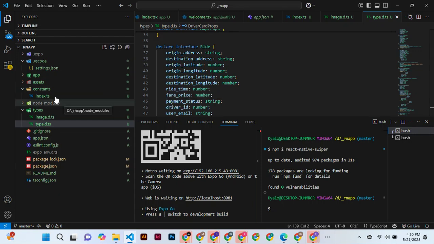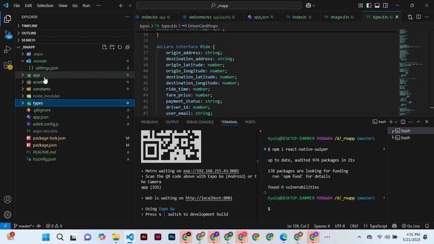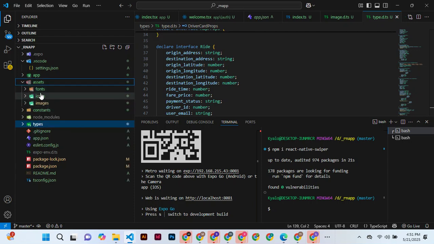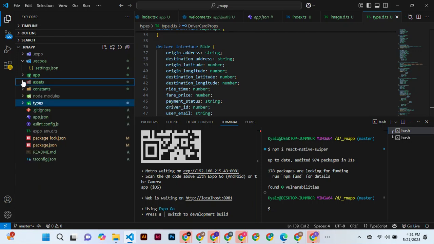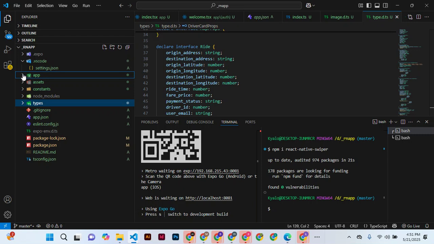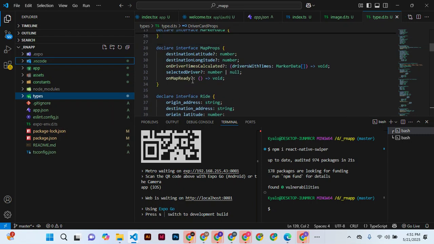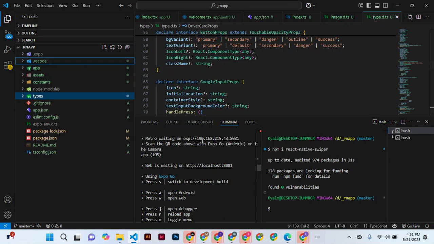Now what we have had is constant. They have added the types, and we also affected the assets, and that is what we have so far. Right now,